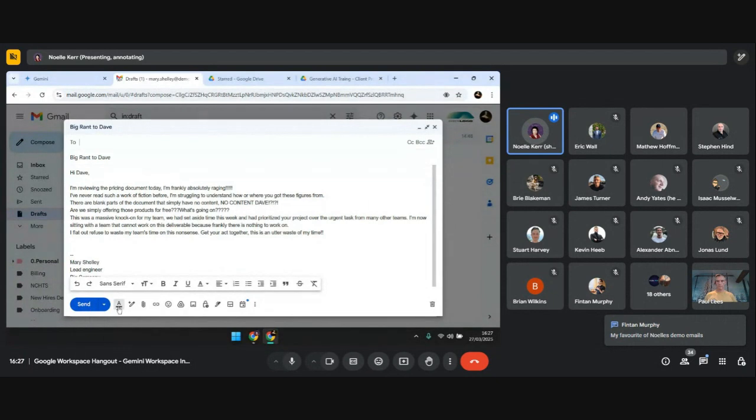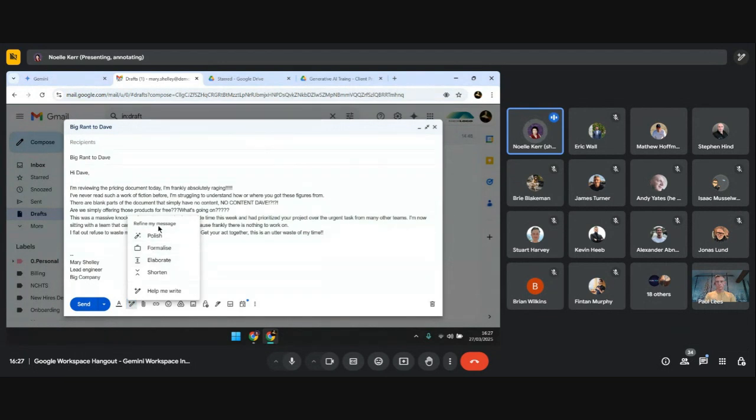So what we have in here, along the bottom, in the middle of all the other tools that we have, is a little help me write function. When I engage the function, it's going to look at whatever's written inside of my email, and I have the ability to polish it, formalize it, elaborate it, shorten it, or I can just ask it to help me write a brand new email. Where I'd love this to be is that I could just highlight a singular line and say, rewrite this line. That's not currently where it is at the moment. If I ask it to rewrite, elaborate, or shorten, it's going to take everything that I have in the compose window and take action upon that.